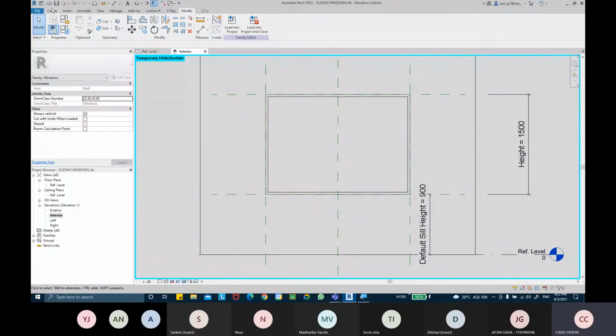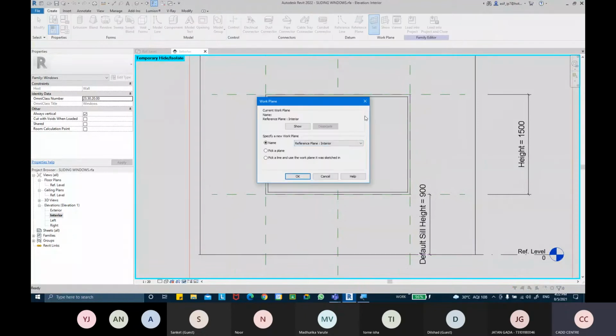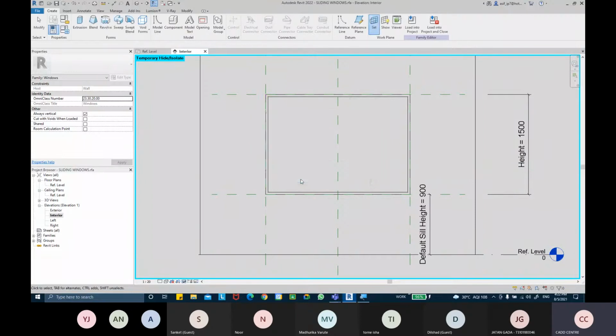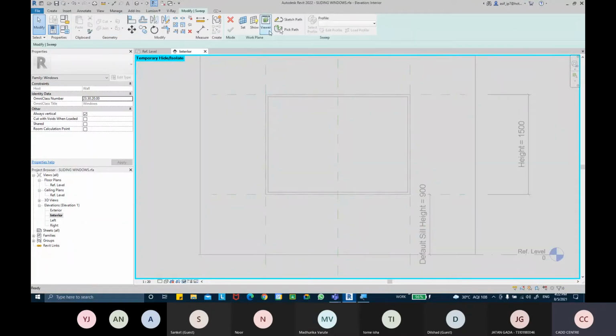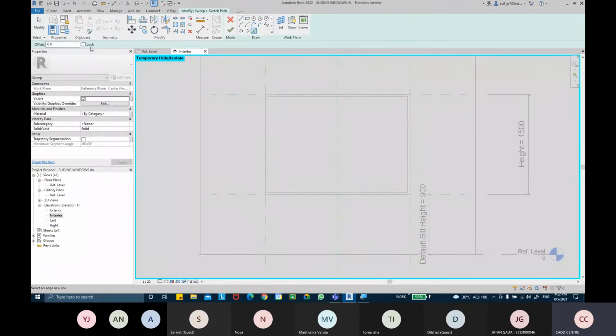Very simply, we'll first set the work plane to the center, front and back. Then I'm going to take the solid sweep command, going to again take that sketch path, picking the profiles, giving the offsets